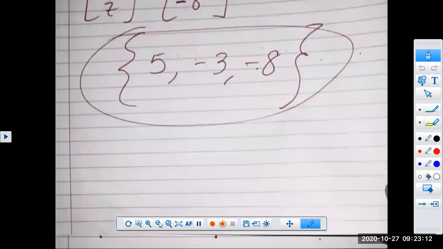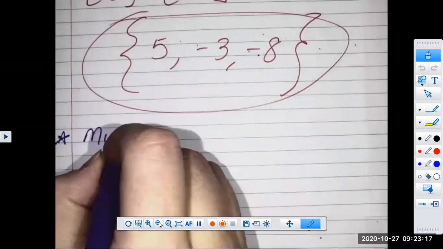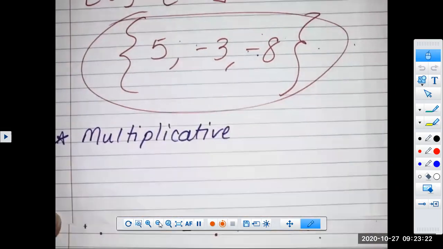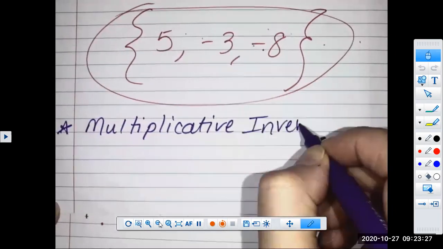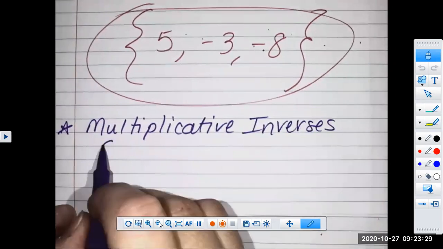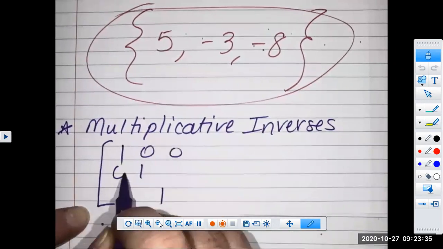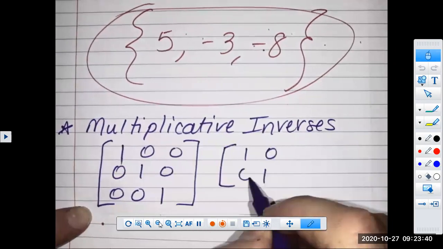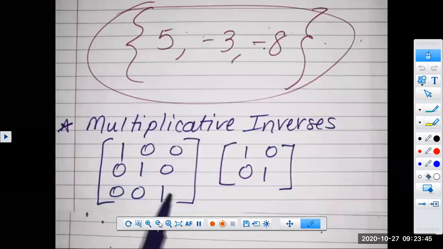Okay, very last thing. I think I may have already told you about this previously. If you multiply two matrices and you get this result for a 3 by 3, or you get this type of result for a 2 by 2, and of course, so on. If you have ones along your diagonal from top left to bottom right, zeros everywhere else, then that is